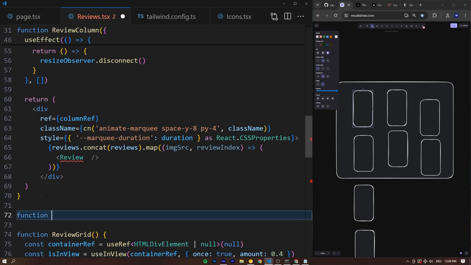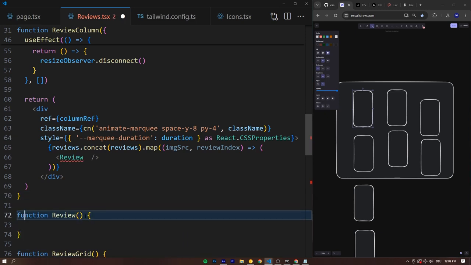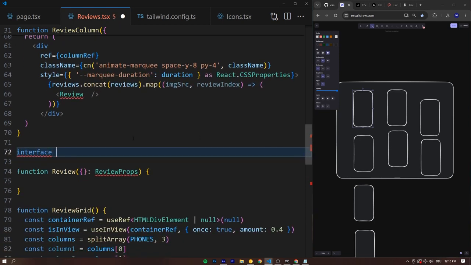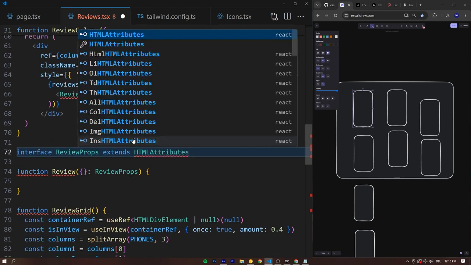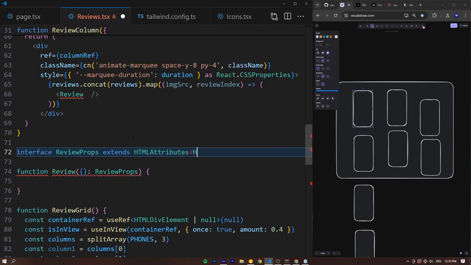Let's create a function Review. Let's open up this function, and the properties that this review will receive, we can destructure right away here in a second. Let's call these properties the ReviewProps, which is an interface we can define right above there. Let's scroll down a bit: interface ReviewProps. And this once again extends the HTML attributes. There we go. We need to import that from React, of an HTML div element,